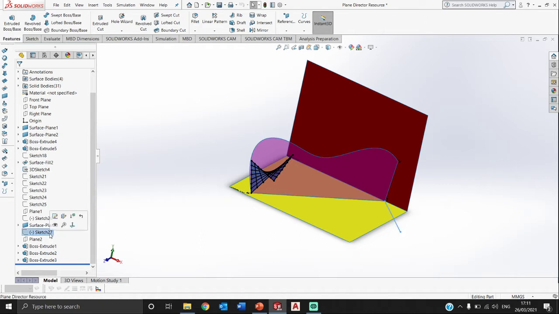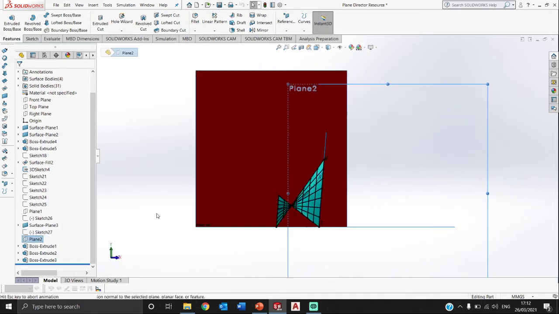So the first one I will look at is this one here, and if I just go normal to this plane, I can see now here my plane director is a line and it goes all the way down along this edge here. And if you look at the generators here, they're all parallel to this plane director. So basically the plane director decides on the shape of the